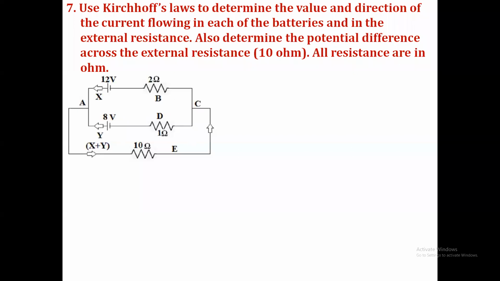Just try to read the numerical. That numerical uses Kirchhoff's law. Here they have specifically mentioned to determine the value and direction of the current flowing in each battery. In this diagram, there are two DC voltage sources present. One is a 12 volt and another one is an 8 volt